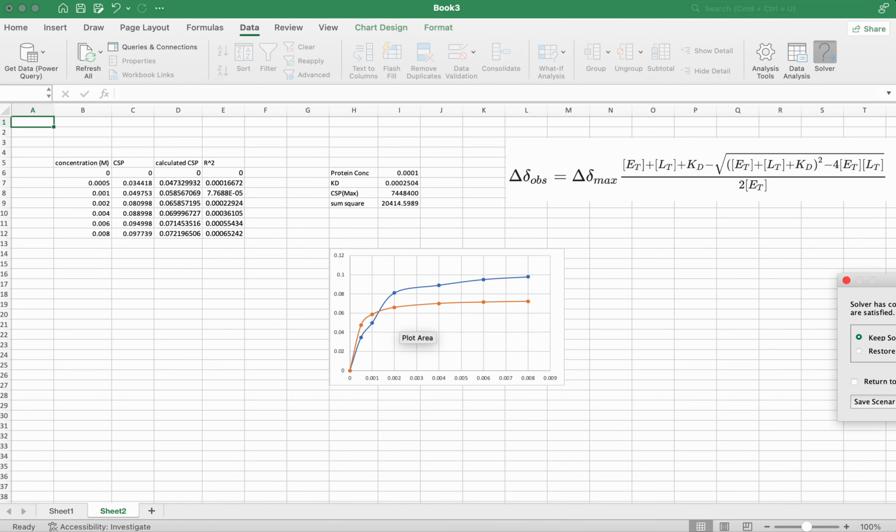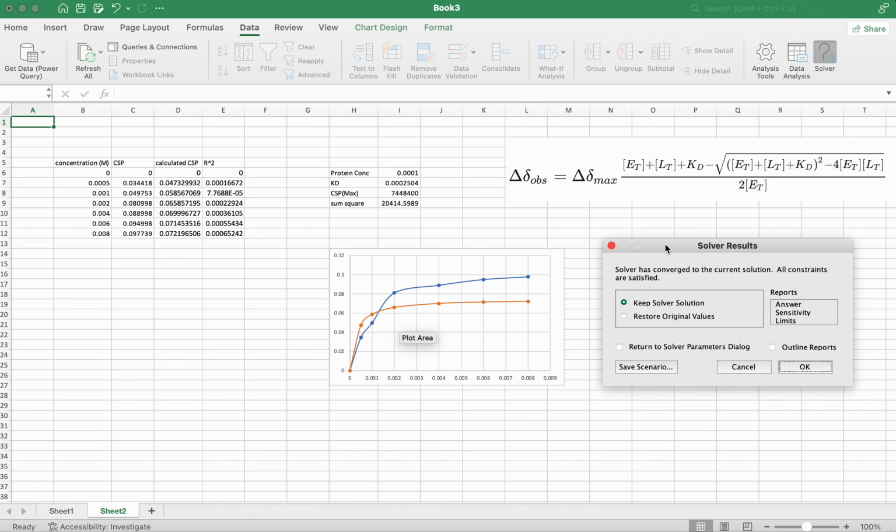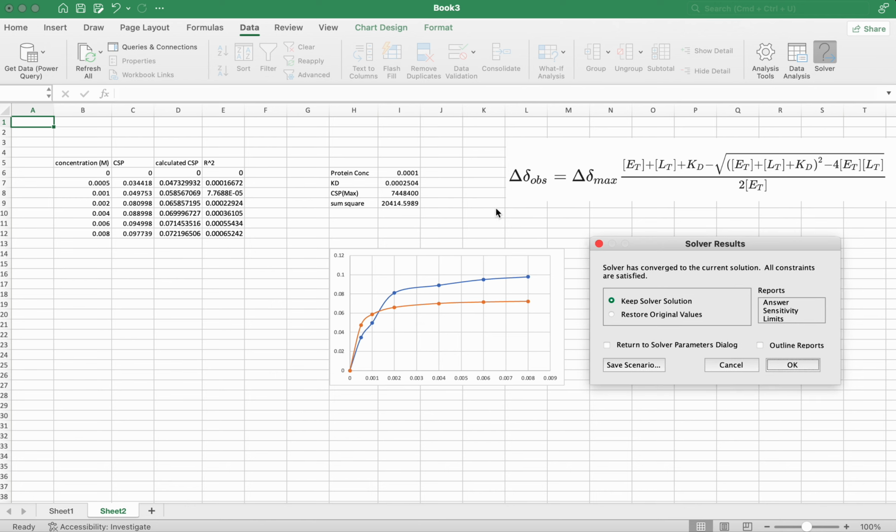See, now I got this equation, it fitted. As I was using molar, that's why it was not taking 2.5. It's a very small Kd. If I used this one,